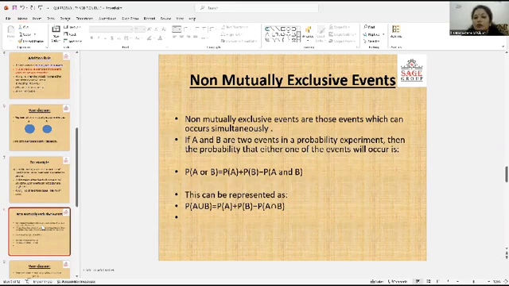Why are we subtracting probability of A and B? Because if any event occurs, it can have an impact on